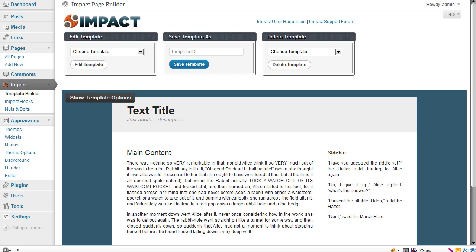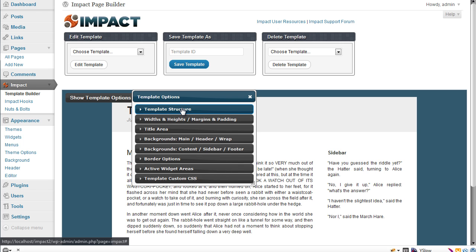In this video, I'm going to give a quick demonstration of how you would go about inserting three page or post excerpt widgets side by side in an impact template. So let's get started. So in the template options here, first, assuming you want to do a static home